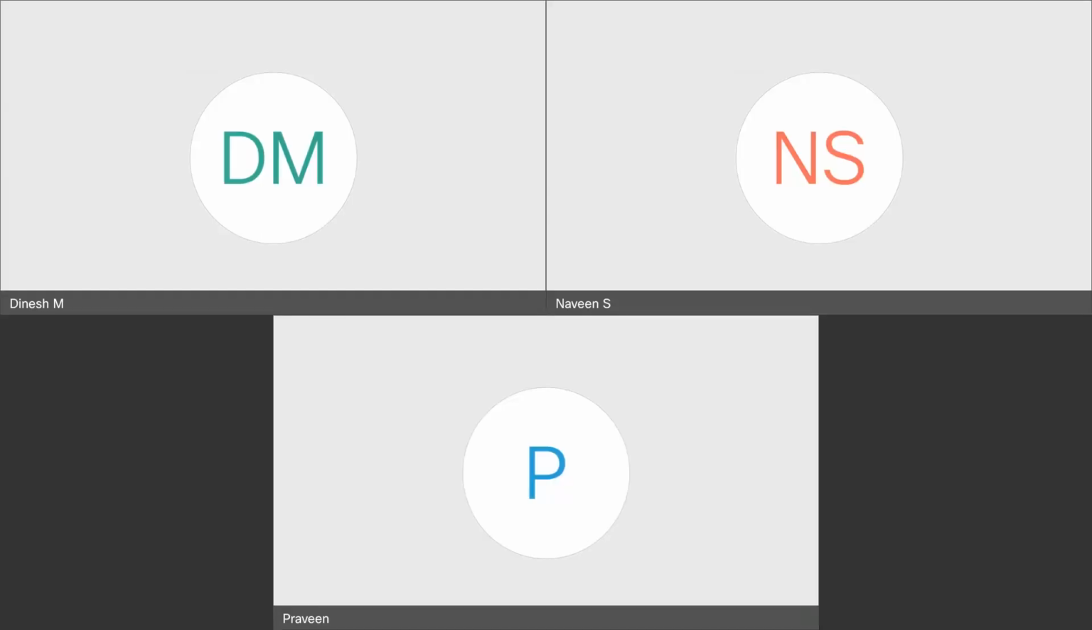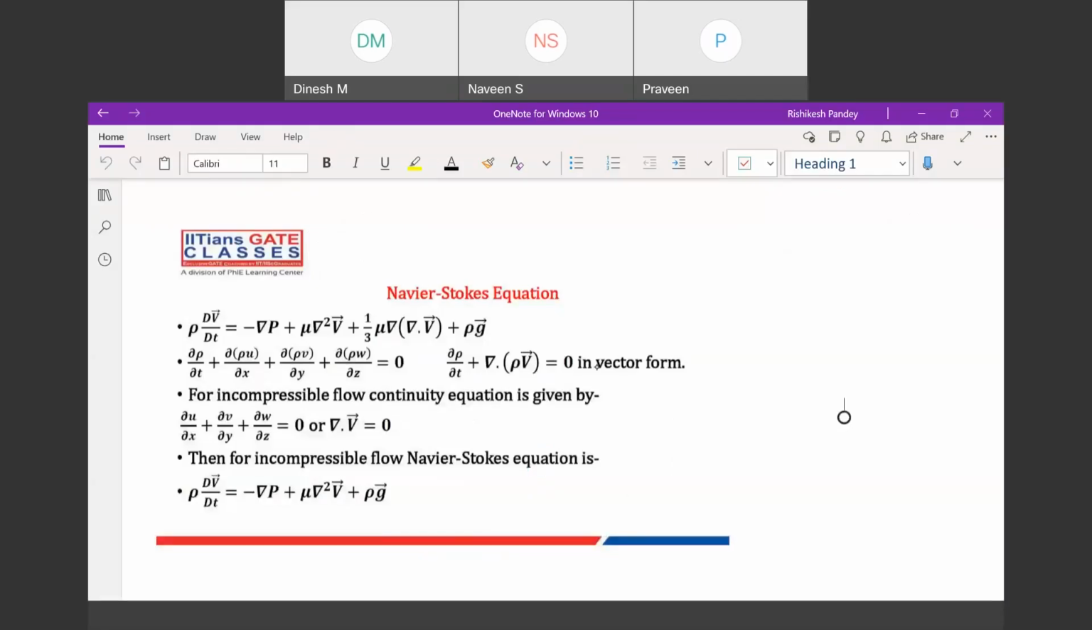Today we'll start with the Navier-Stokes equation. Till now we have covered conservation of mass, which is the continuity equation, and after that we completed conservation of momentum, and under that we derived Euler's equation. Then we derived Bernoulli's equation, and then we derived the formulas for